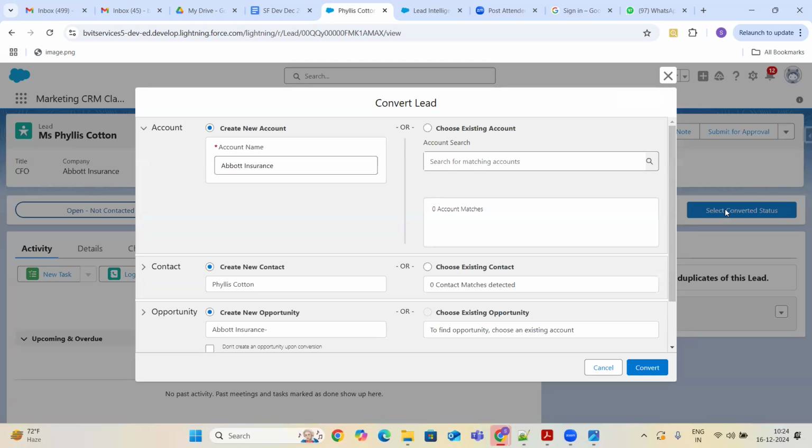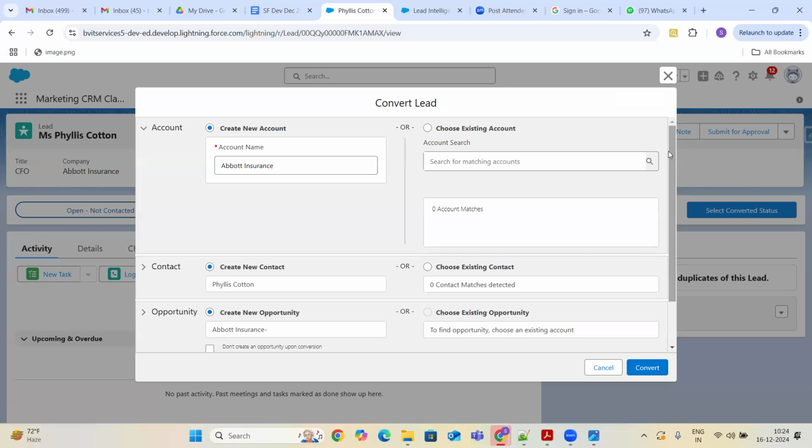Whenever you select a lead to convert, there are these things: create account, contact, and opportunity. If you observe the screen very keenly, guys, there is a very important interview question here.